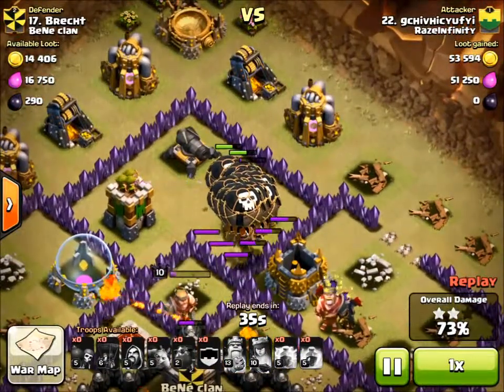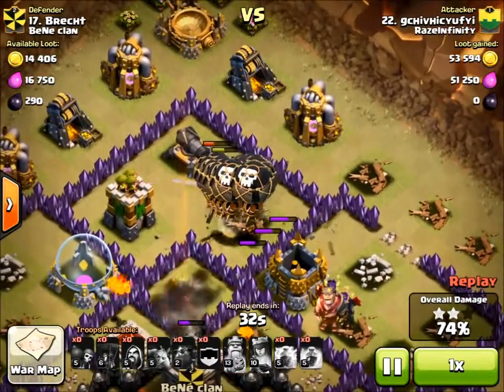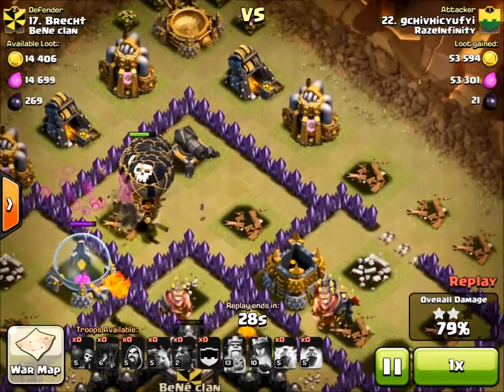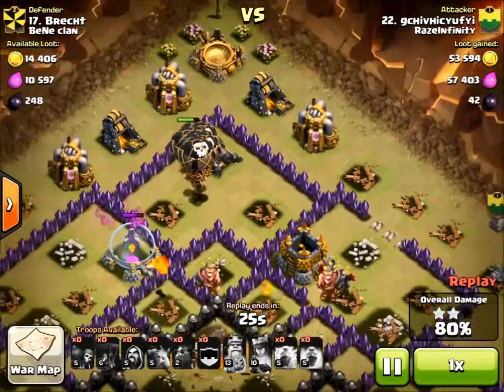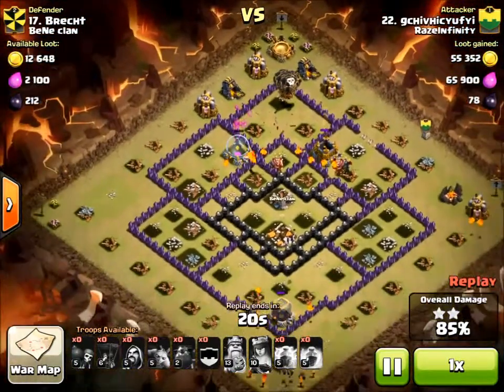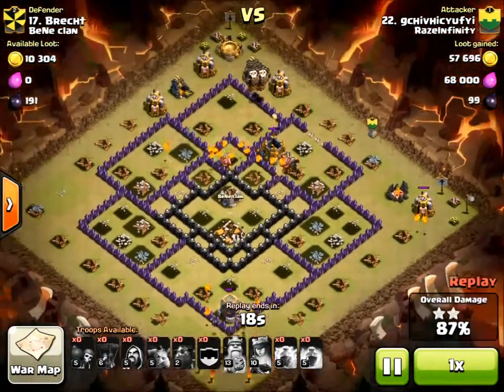So this is a really great attack to use against a lot of Town Hall 9 bases, and particularly if the defender hasn't put any thought into how to defend against Lavaloon. You can see here we're just in the cleanup phase now, so I'll speed it up in a second. But yeah, the thing to look out for, a reason why that was a good base to use lava hounds